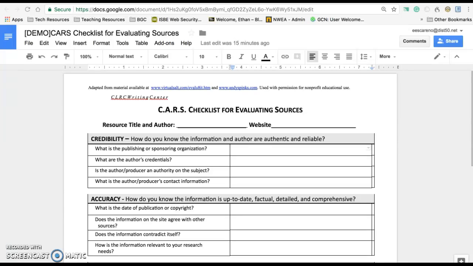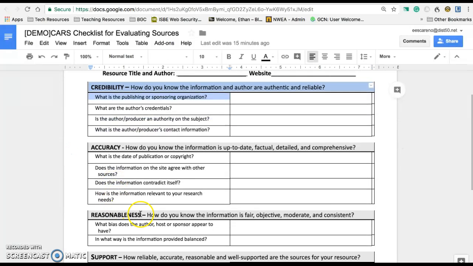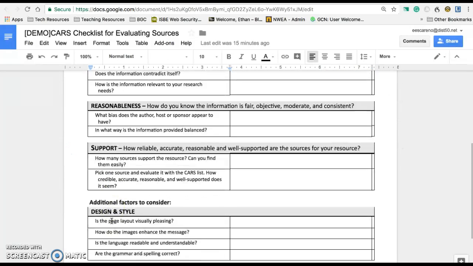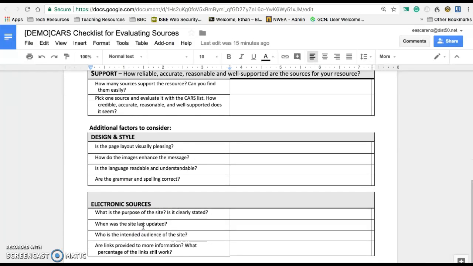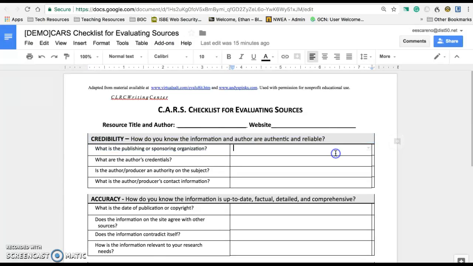So today we're going to go over evaluating resources online with this CARS checklist for evaluating sources. CARS is very simple. It stands for credibility, accuracy, reasonableness, and support. And it also has additional factors to consider, like design and style and electronic sources. What this does is it allows you to evaluate a website to determine if it's credible and appropriate to use